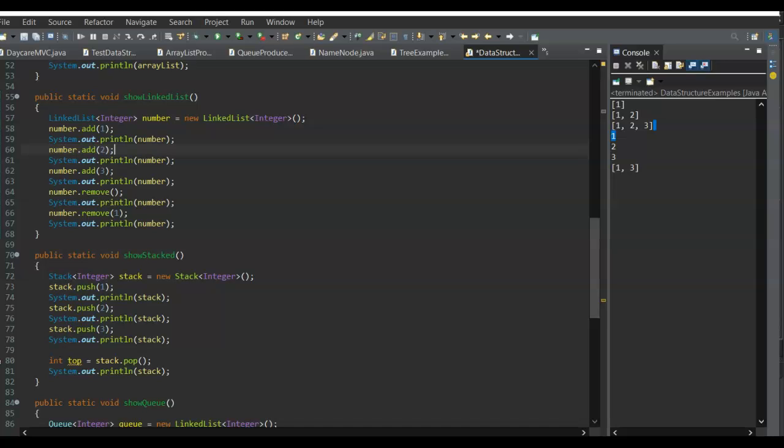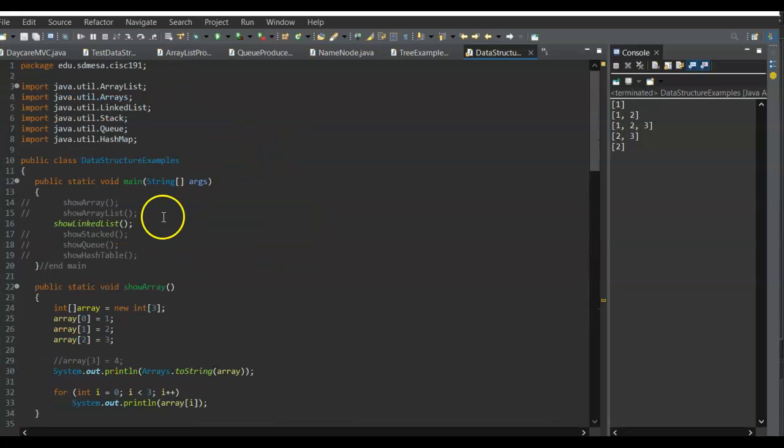A linked list is really useful. It's better than an array list when it comes to things like inserting or removing items, which is why you would sometimes use a linked list instead. It's better for a large collection of data and really manipulating that data. Oh yeah, I forgot that arrays are great for multi-dimensional arrays too. And let me just run this linked list method, and it's kind of similar to an array list.